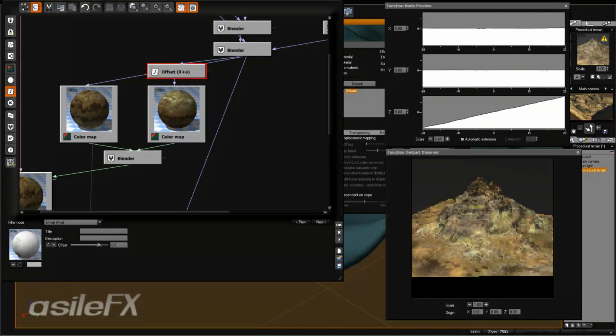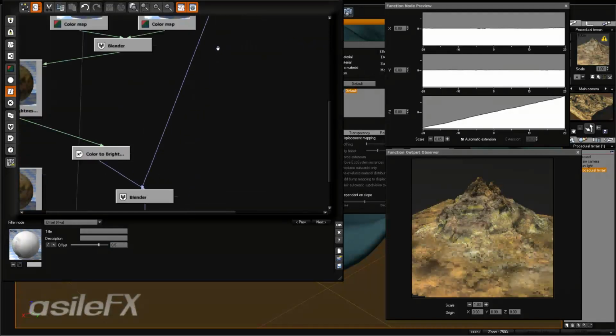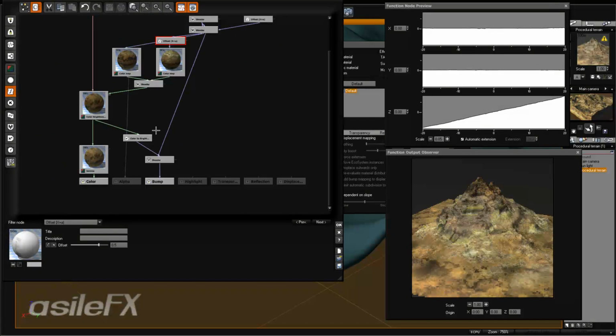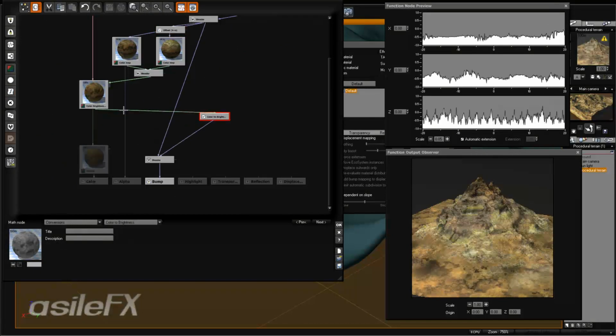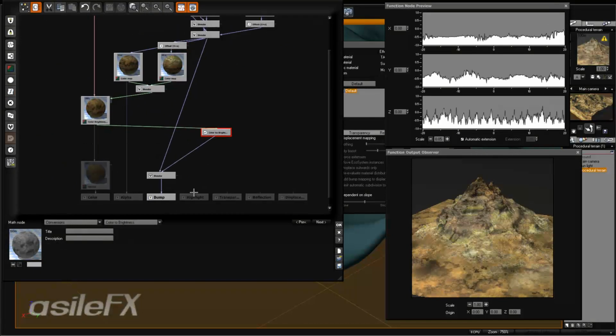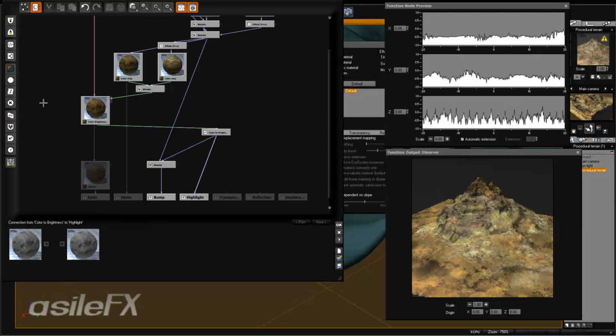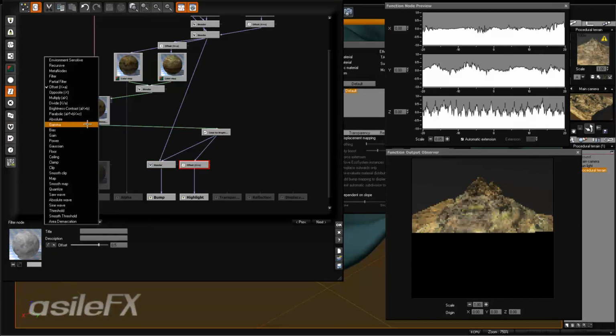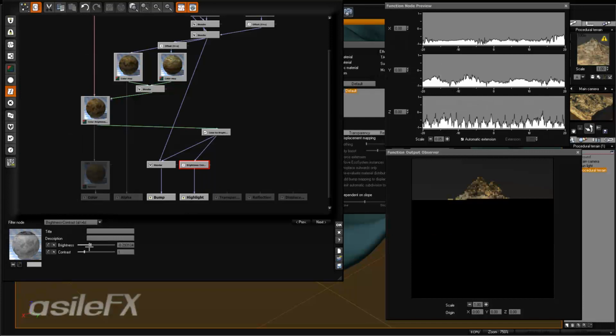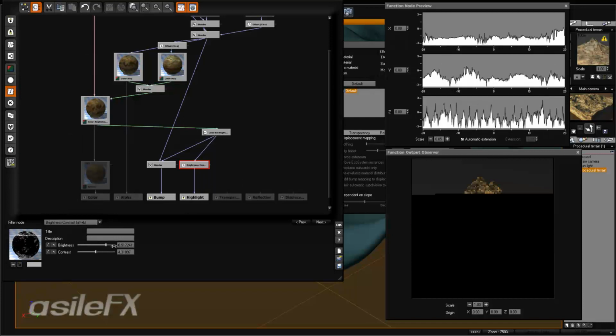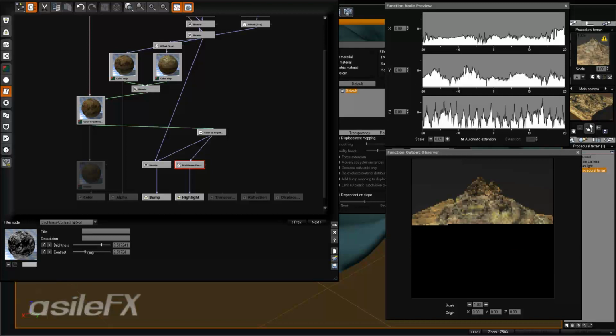We're going to raise up our offset instead of reducing it. And then what I also want to do is take that color to brightness conversion that we have and connect that to our highlight output. You could also use the bump output for that. But if we just take that highlight, add a filter, change it to brightness and contrast, we're going to increase the contrast, raise up the brightness a bit,